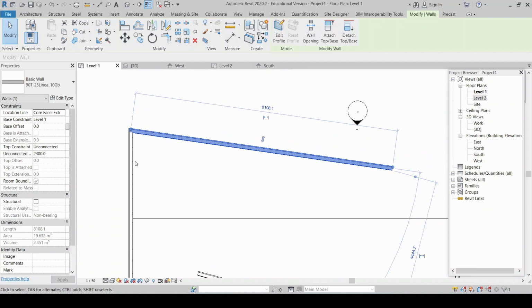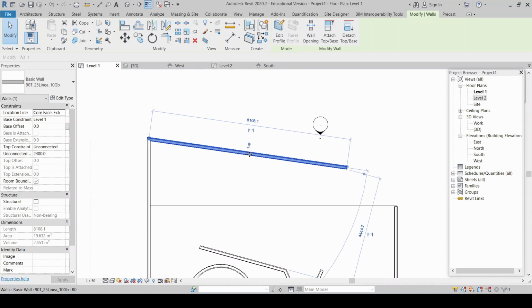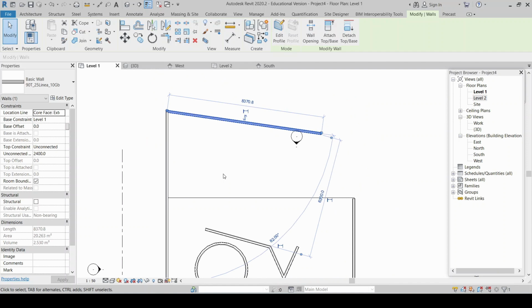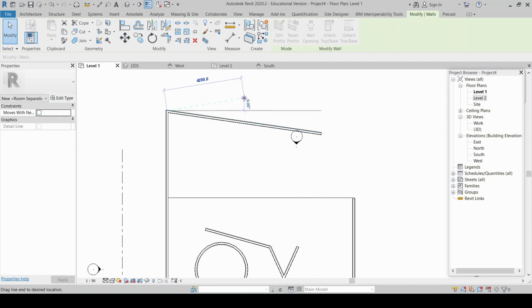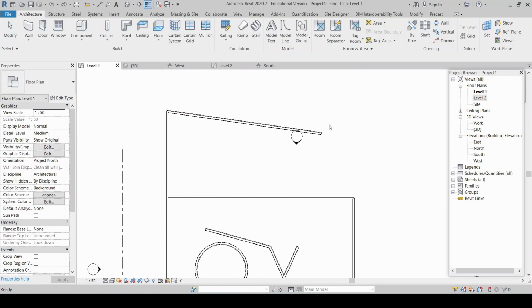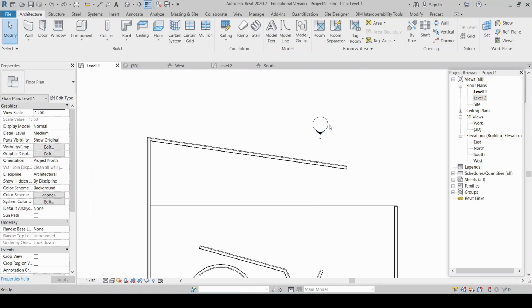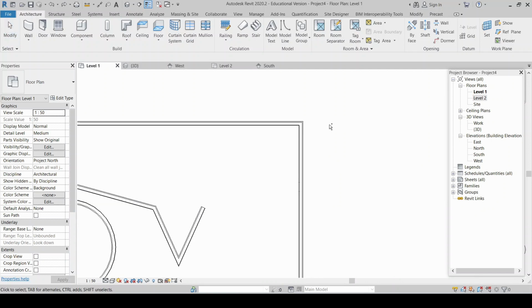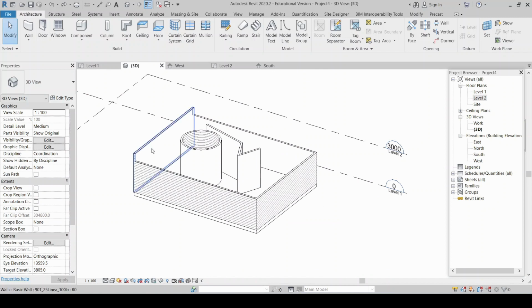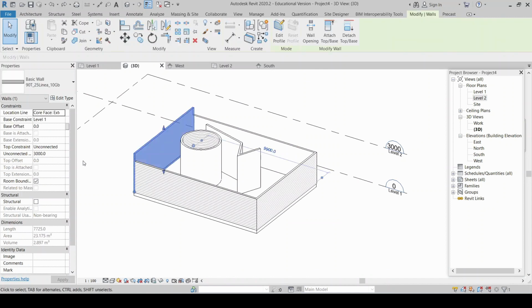We told Revit to do that. So when I pull the wall, the other wall goes with it. But I disconnected it from this end before I moved it, so it doesn't connect anymore to here. So we can move the walls around once we've got them in place, simply by dragging their handles. I'm just going to put my walls back where they were. Let's adjust that one back to